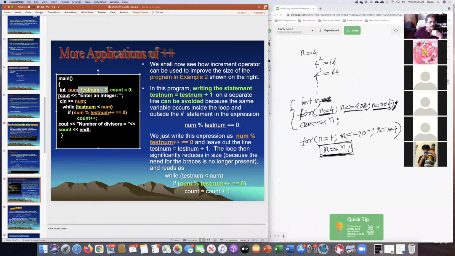All right, so we ask the user to enter the number and we read it into num. And then while test num is less than num, because all the test numbers under num should be tested, and we test it in this if statement: if num modulus test num equal to 0,